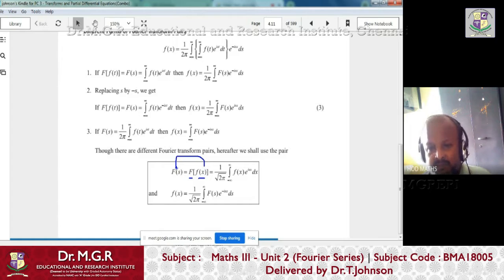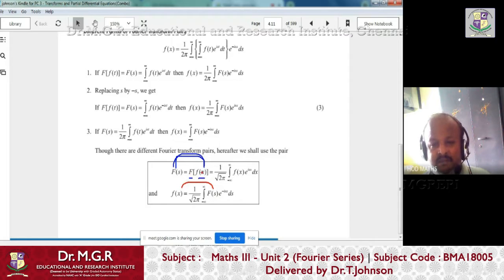Why are we doing this transformation? Again, the same reason we have seen in the Fourier series. In Fourier series, we transform the function into trigonometric functions because we already know the properties of trigonometric functions, so it is easy to analyze the function, right? But in Fourier transform, one more thing is that not only can you transform the function from f of x to F of s, you can also apply another formula that is called inverse Fourier transform. There you can transform the function from F of s back to f of x.